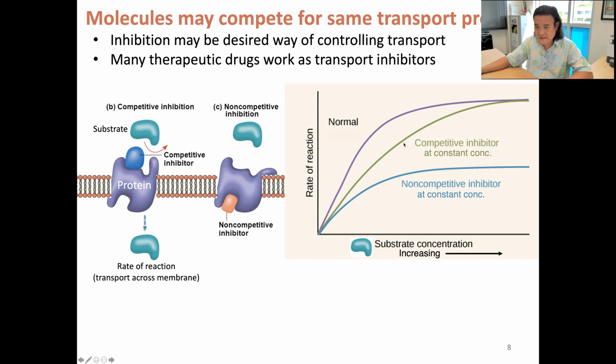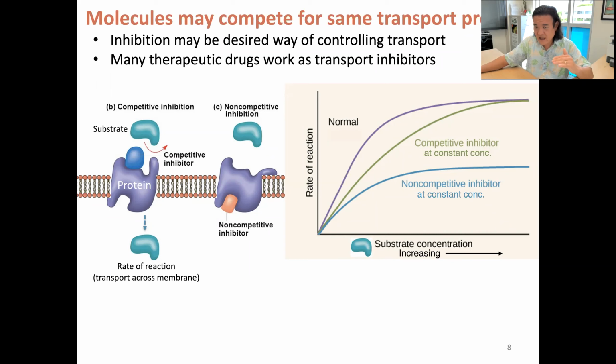But the problem is, because it's competing against the actual substrate, at a certain point it would lose its efficacy if you have a lot of that substrate available. However, a non-competitive inhibitor is able to prevent transport potentially at much lower concentrations than a